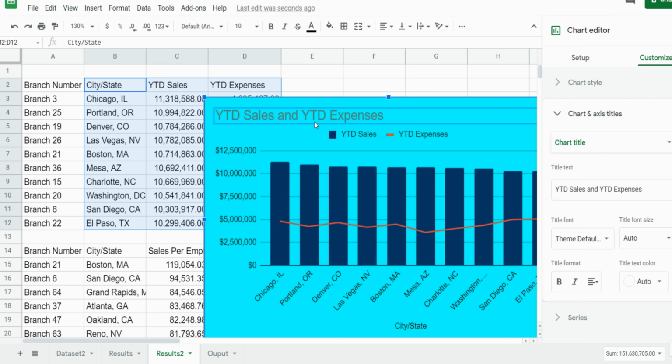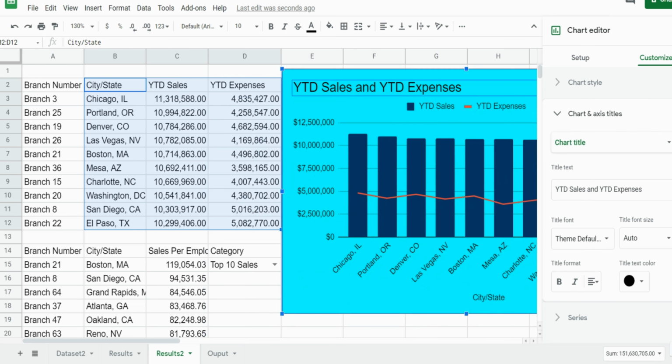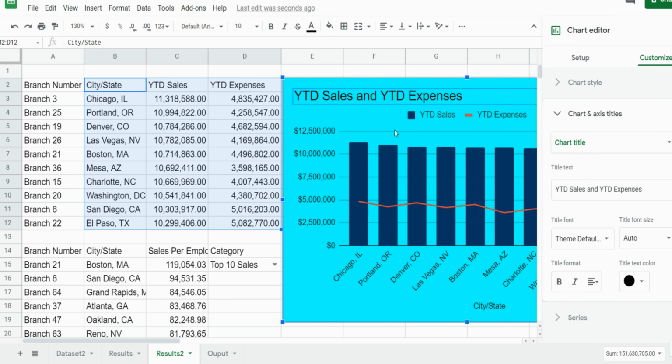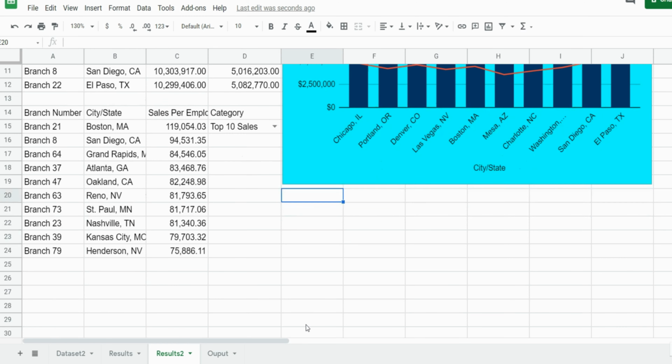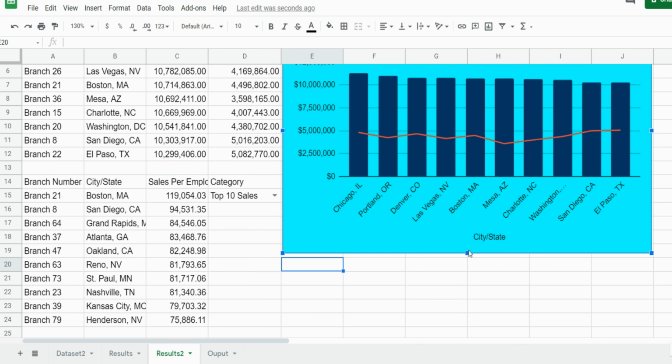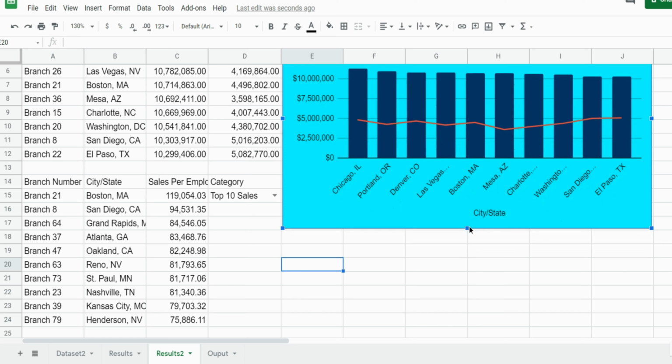And finally I want to change this title font to black, so that looks good. Minimize this just a little,